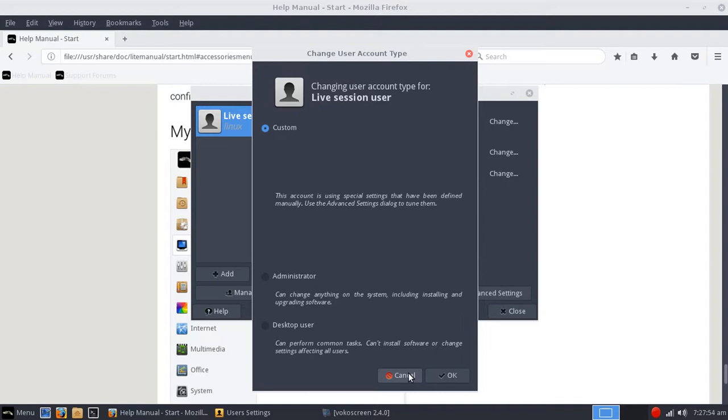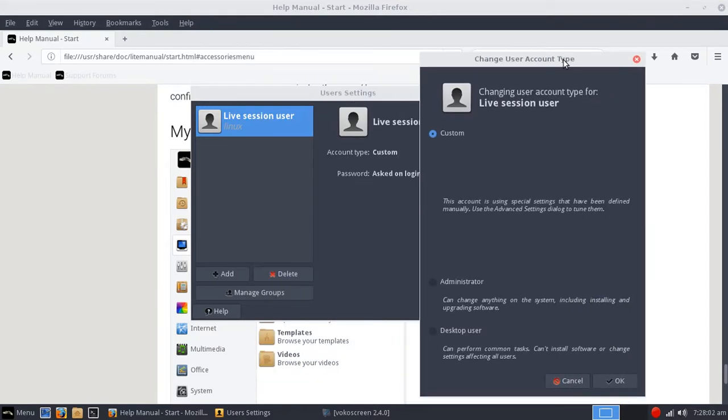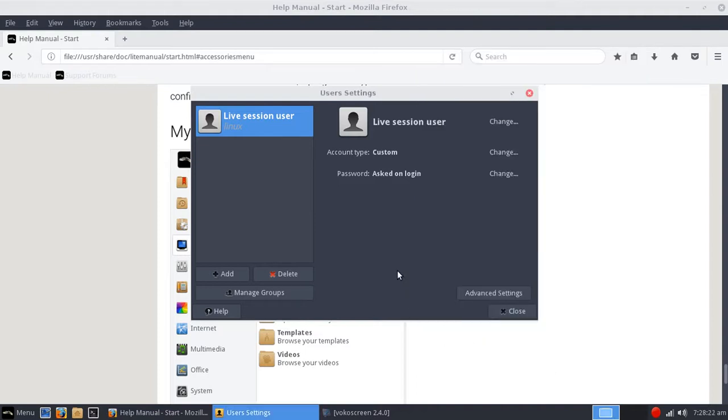Now, a little note: if you're gonna have someone else on, you're gonna add another user, right? Which you can do here with that little add button right there. They would be under here, desktop user. Okay. But you would be the administrator. And I'm just going to leave this on custom because it's just a demonstration here. And then you can manage the groups, and then you have help also here, and they have advanced settings if you actually get that advanced. Okay, so